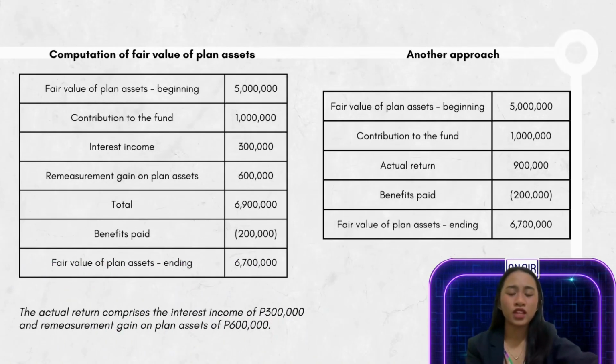Next is the computation of the fair value of plan assets. So to get the ending fair value of plan assets, contribution to the fund is added to the beginning fair value of plan assets since nag-contribute tayo and madadagdagan ang plan asset. Interest income and remeasurement gain on plan assets are also added. So 5 million plus 300,000 plus 600,000 is equal to 6.9 million. Less the benefits paid since naglabas tayo ng pera, 200,000, is equal to the ending fair value of plan assets,